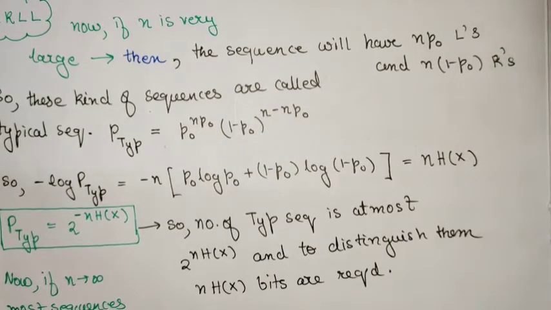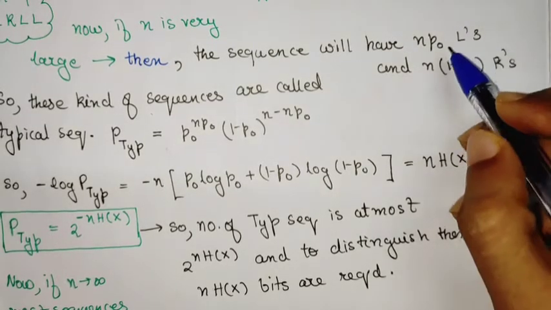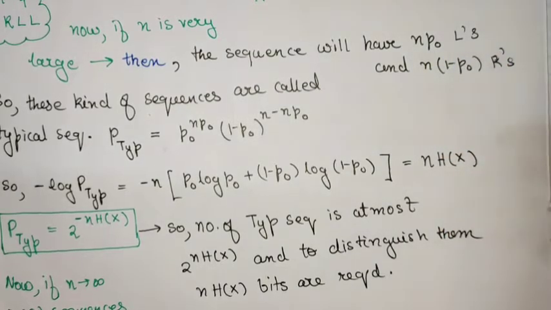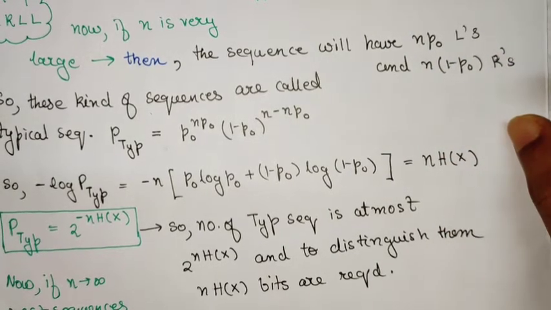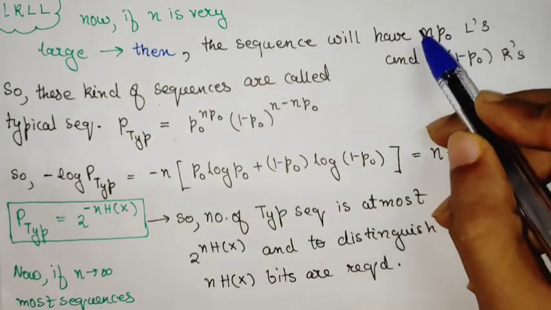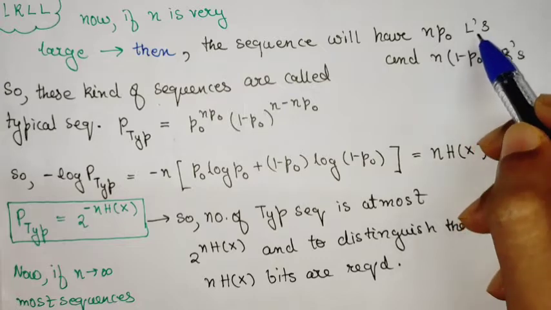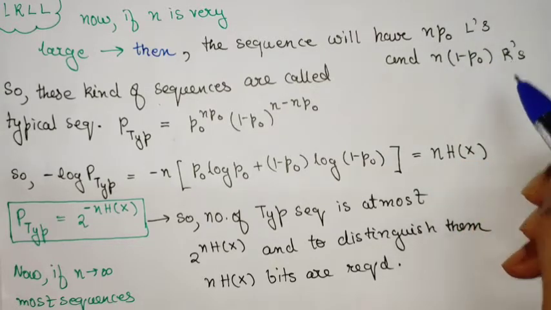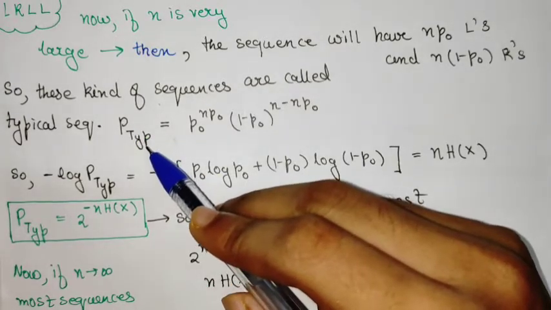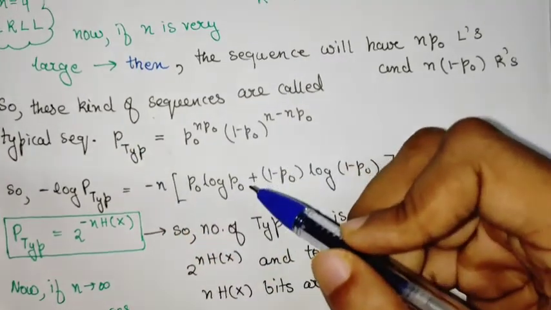So a sequence in which this actually occurs is called a typical sequence by definition. So in typical sequences, essentially the law of large numbers holds exactly. So basically, if a sequence has this many left turns and this many right turns, then what is the probability of getting such a sequence? The probability is simply,